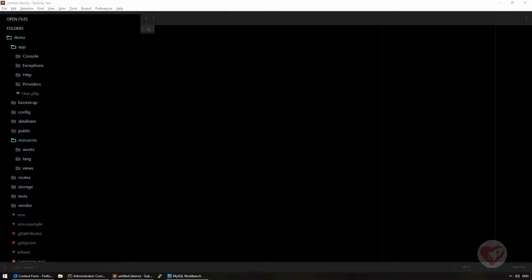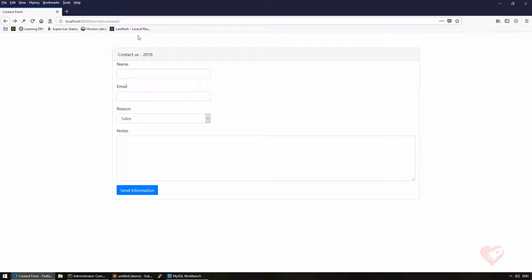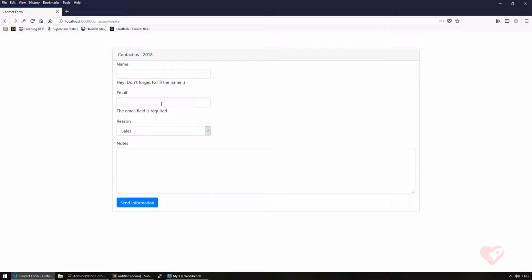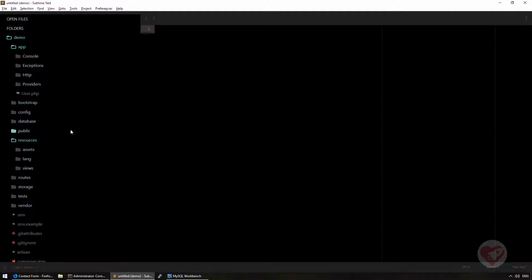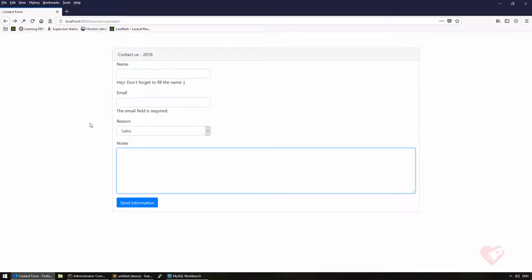So again, I just opened the demo project that I always use. You can download it from GitHub. And here I have the normal tree structure of Laravel. Let's take a look at what we had done in terms of this contact form. We have this contact form 2018, just as an example, with 4 fields: name, email, reason, and notes. If I click on send information, as you know from 2 lessons ago when we did the validations, we are validating names and emails, of course the drop down here, and also the notes. So how can we now access this information and actually start using it